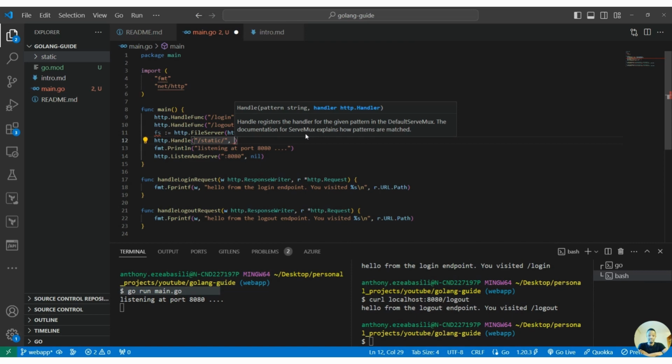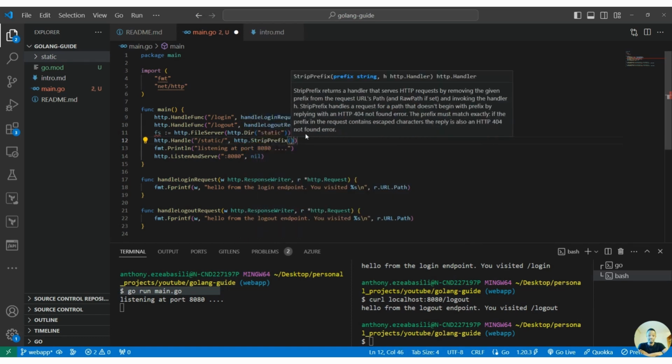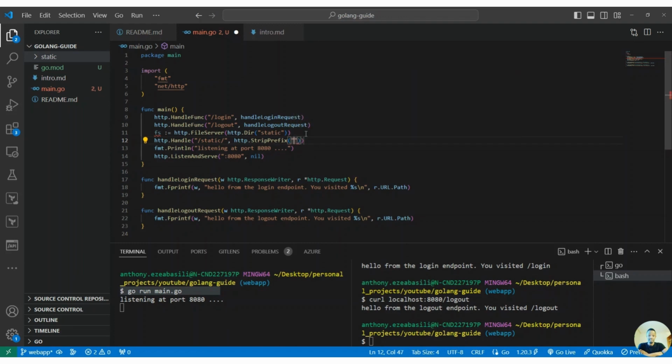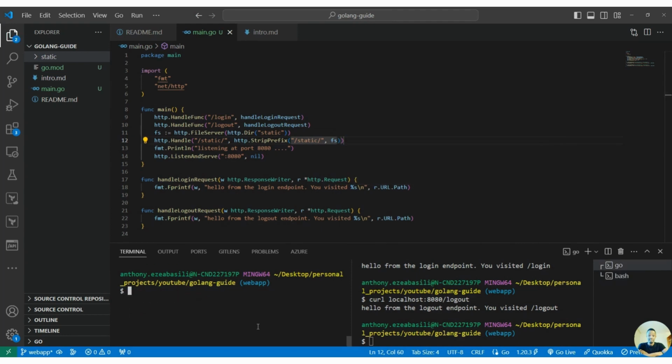So I can just do like a http strip prefix like this, and then I can quickly just provide again the path or static files like this, and then I can provide the file server, and that's all we have to do. So now if I restart the server this way, we will get of course everything should still look fine,